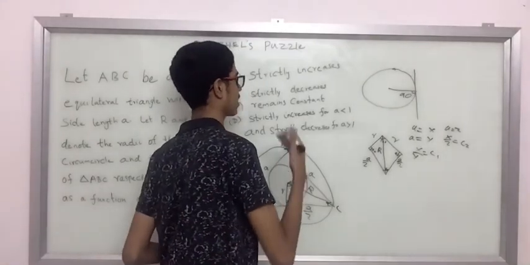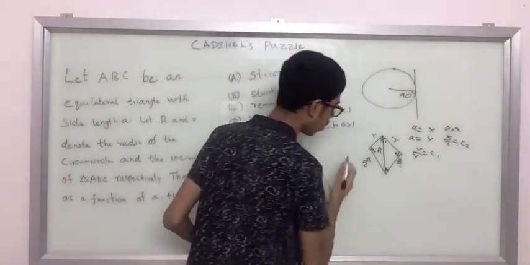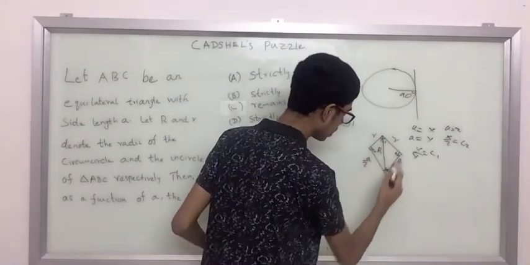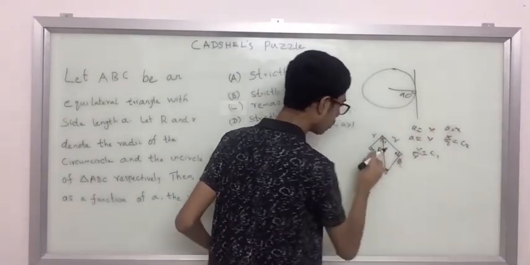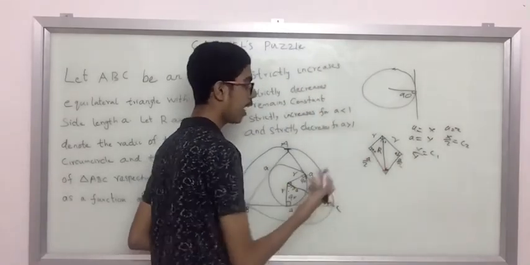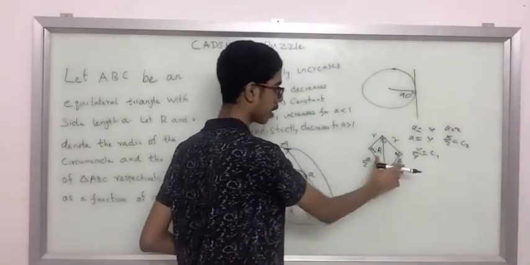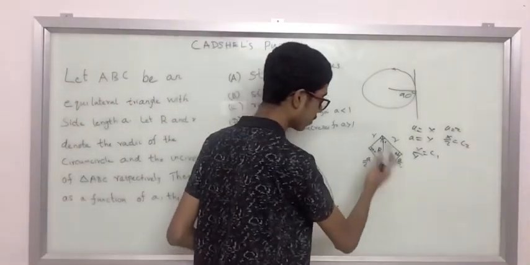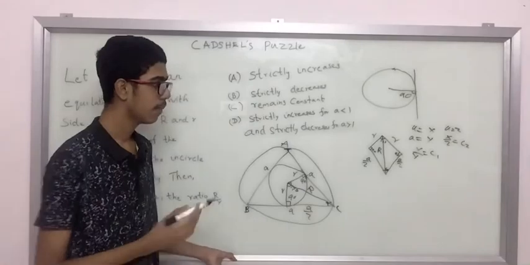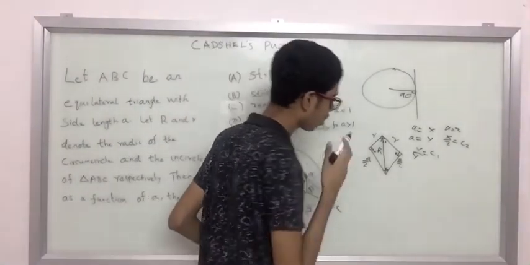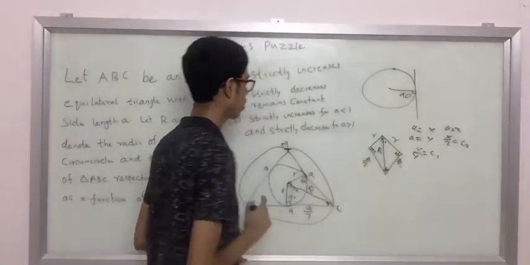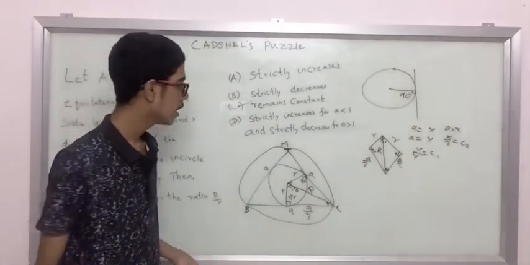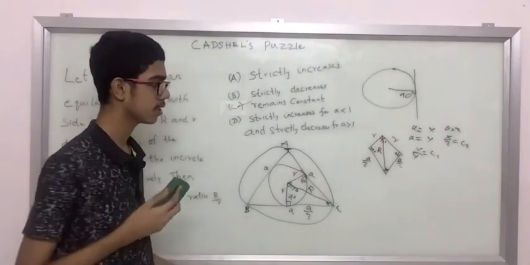They will go in a ratio way. You can tell that if with length x I am drawing a kite, and with length y I am drawing a kite, then they both are similar because all the angles are the same. So when I divide, I will get a constant. So the answer is C.